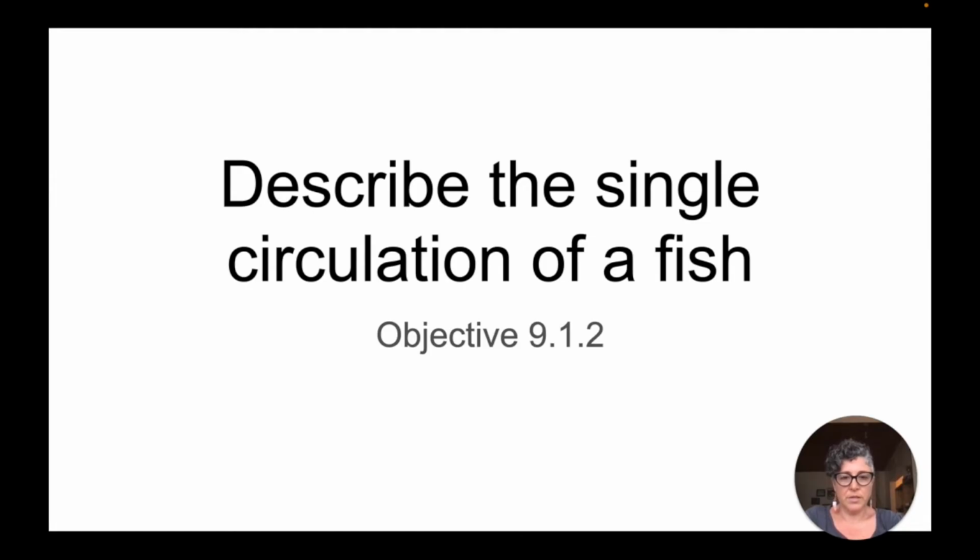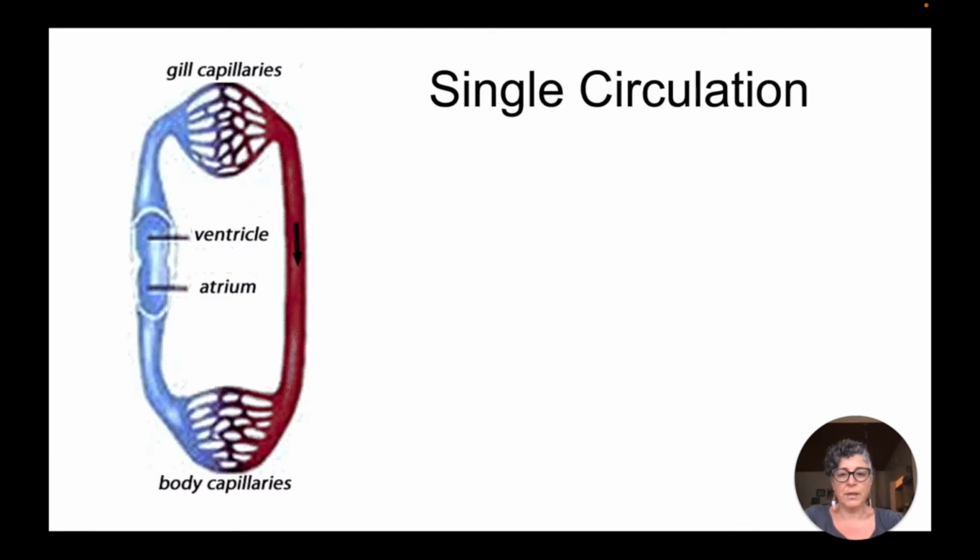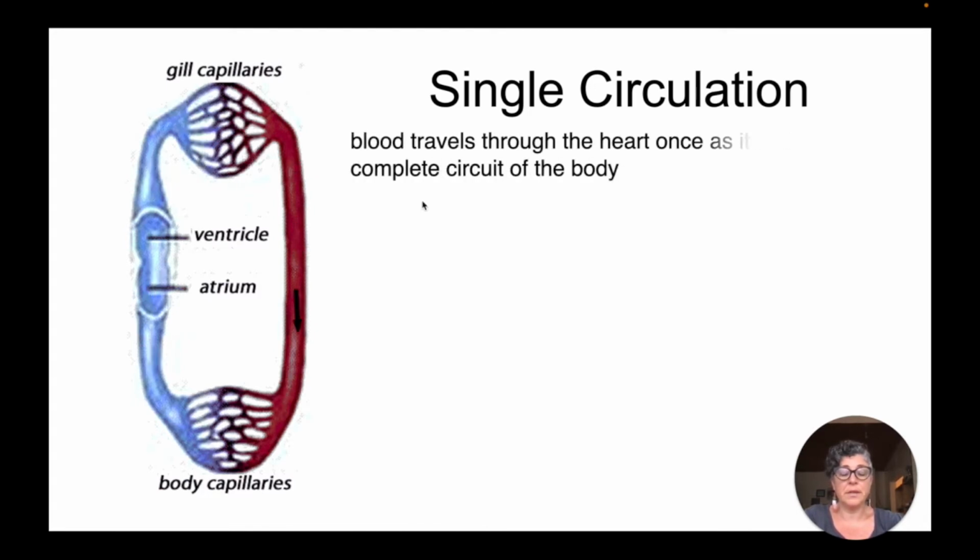This video covers the IGCSE Biology Objective 9.1.2 on the 2025 CAIE syllabus to describe the single circulation of a fish. So in this little animation we can see the system of single circulation. Single circulation is where the blood is going to travel through the heart once as it makes a complete circuit